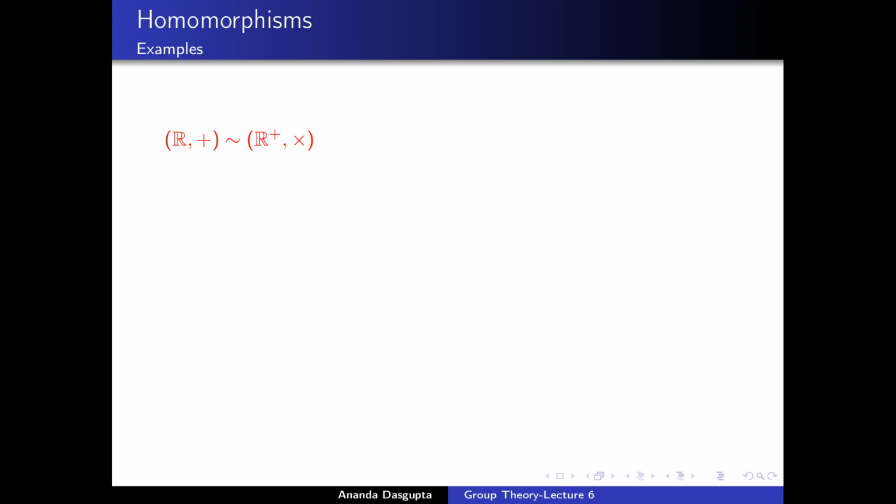Our first claim is that they are homomorphic to each other, that is, there is a homomorphism between R plus and R plus times. So what is this homomorphism? In fact, this is a homomorphism which is very familiar to all of you from elementary mathematics. The map that connects the two, which essentially changes the addition into a multiplication, is a map which we know